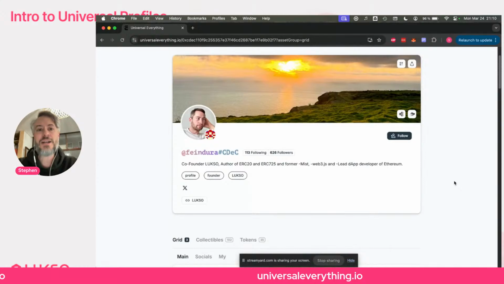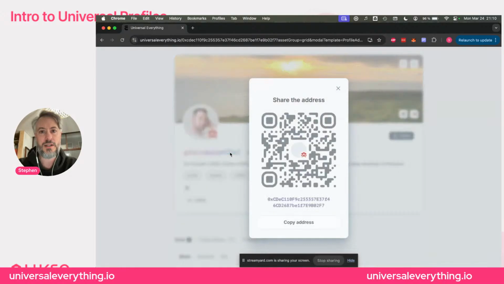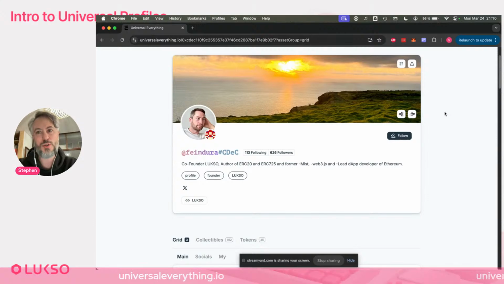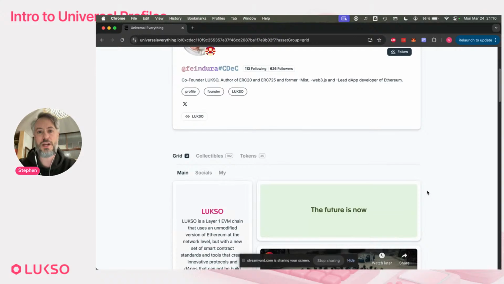And this is actually an Ethereum account. You can see there's an Ethereum address right here. I can click on it, and that's the Ethereum address. But you can see it's a little bit different from your normal Ethereum address. If I go to MetaMask, basically the only thing I'll be able to see is the address and maybe some tokens or NFTs attached to that address. Here, you get a whole profile.